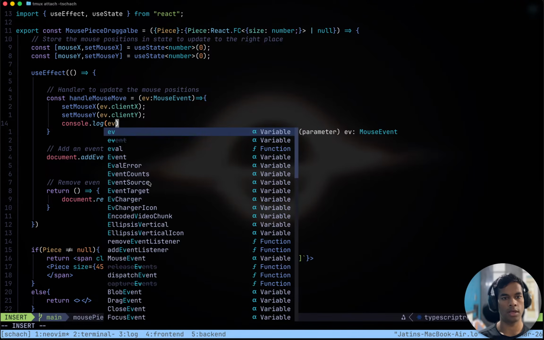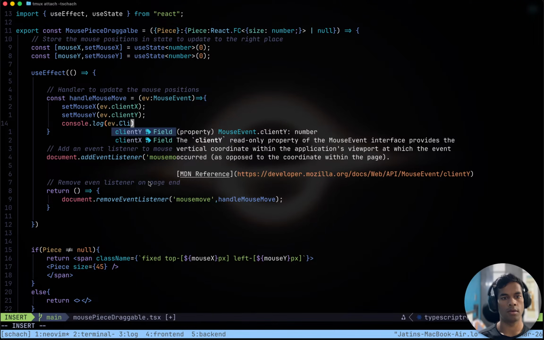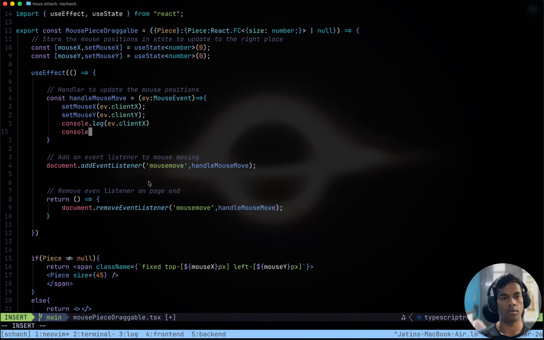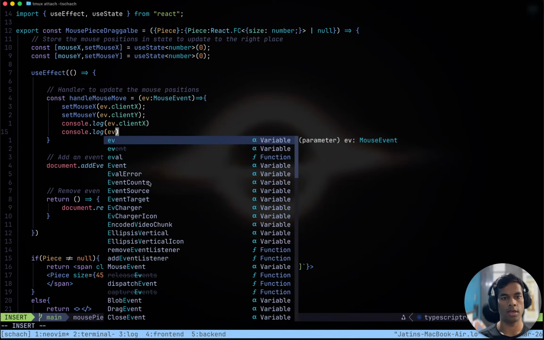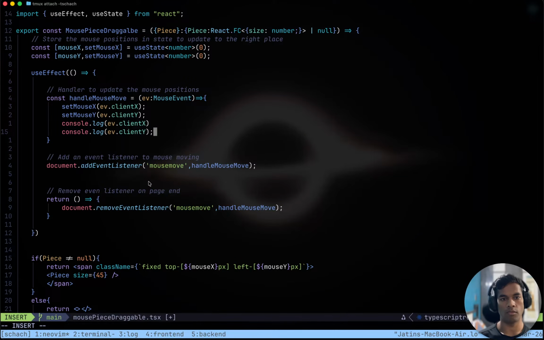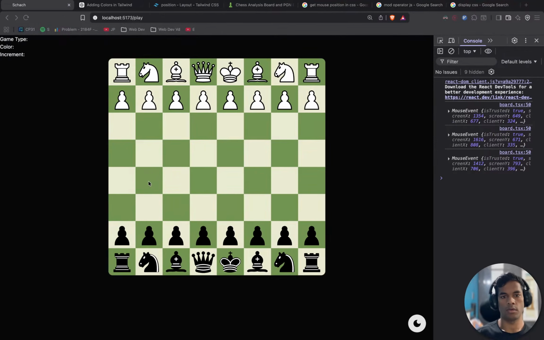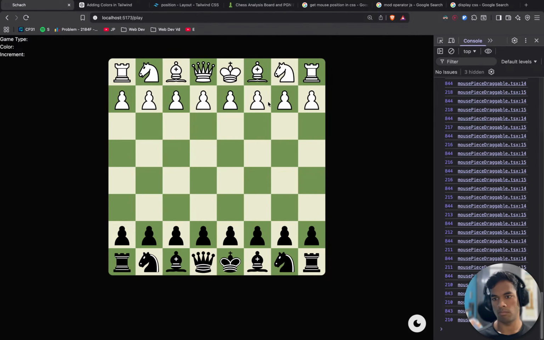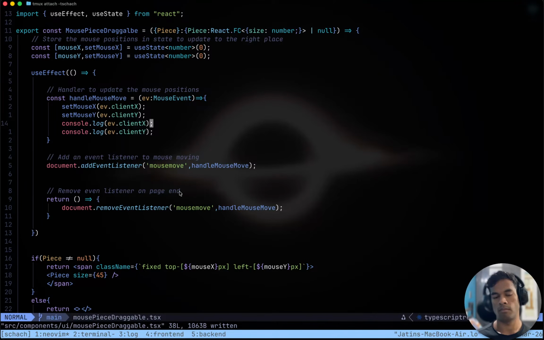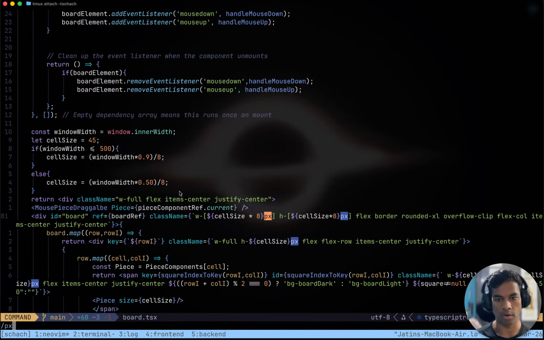Console.log ev dot client X and console.log ev dot client Y. Okay. Hmm. So what is the problem?